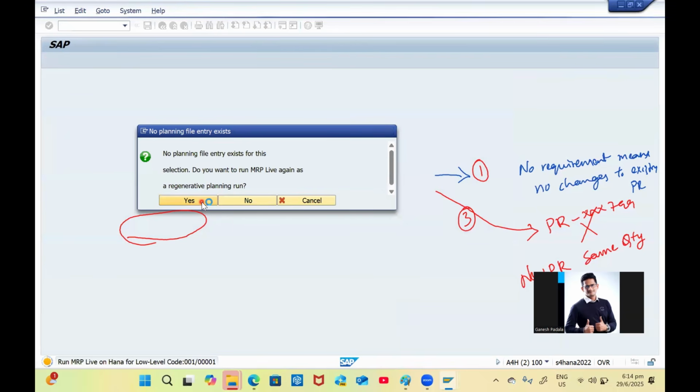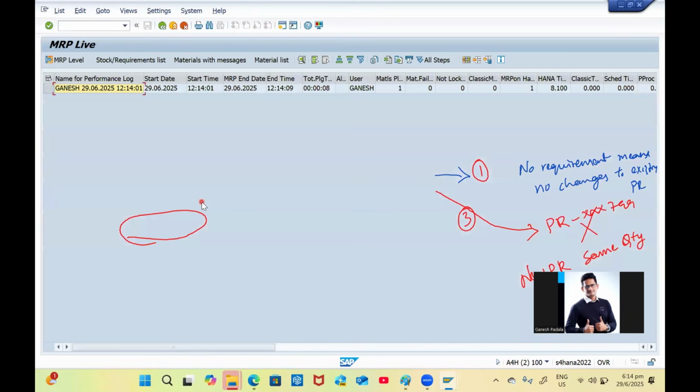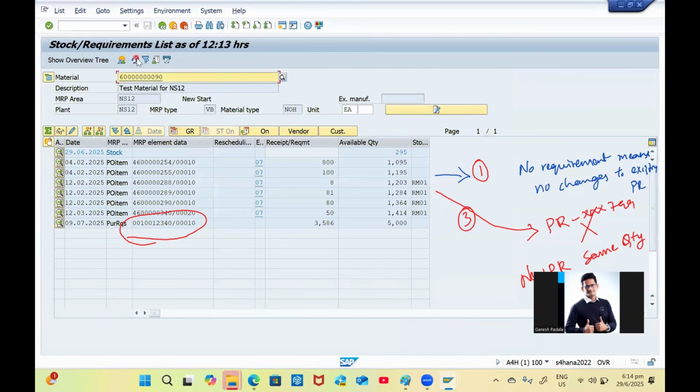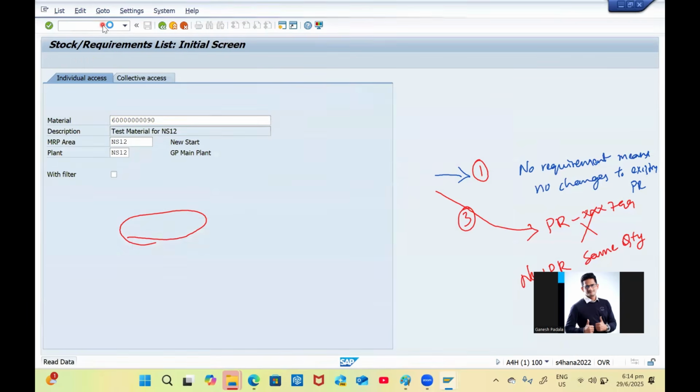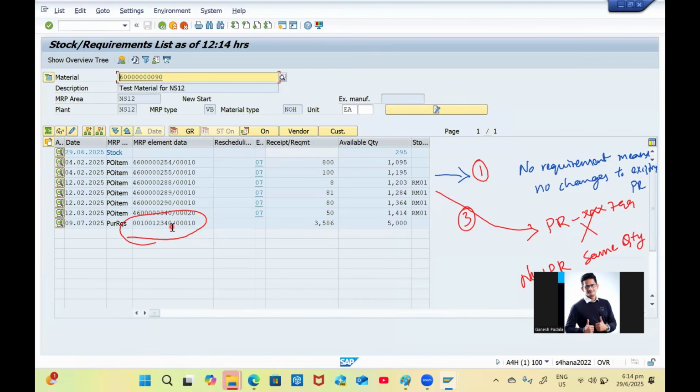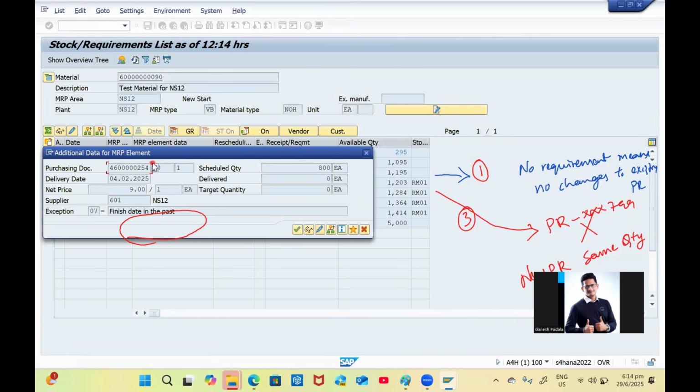Click on save. The system will create based on the requirement. In our case, there is no new requirement, so this 340 will not have any changes. See, 340, no changes. You can go and run MD04 again. So still 340 is there. So when can you generate a new requirement? What we are going to do is go to this PO, click on edit,